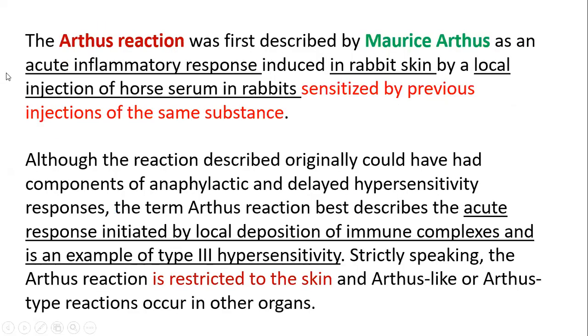The Arthur's reaction, another thing we discussed, was discovered by the scientist Maurice Arthus. It is an acute inflammatory response. They observed that when they induced horse serum into rabbit skin, to see what happens to the skin, the rabbit having been sensitized previously, and a second or booster dose was given, they suddenly saw an adverse reaction, and based on that they called it Arthur's reaction. When they looked into more detail, it is the immune complex reaction, and type 3 is